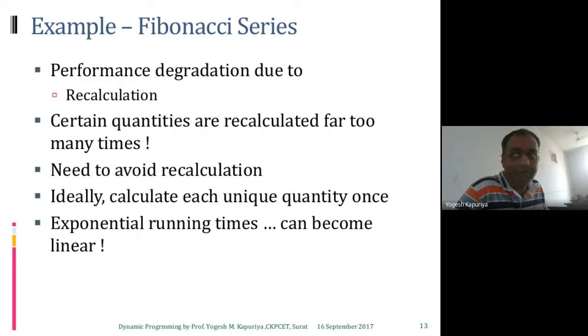Remember, this is for Fibonacci. It may not be the same for every recursive algorithm, but in the majority of cases it's going to be the same, right? Top-down is always going to be time-consuming. With top-down with memoization, the time complexity will be better, but the space complexity will increase. But we are not always worried about space complexity. So that's why top-down approach with memoization is not considered a bad approach. It is always considered as good as the bottom-up approach.